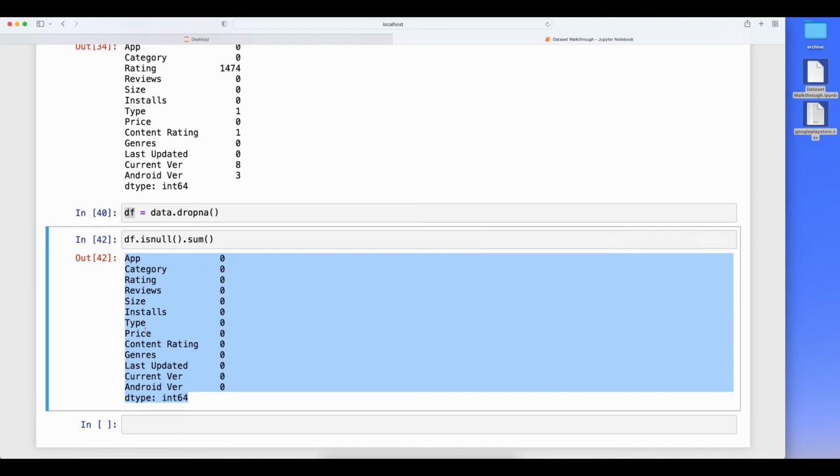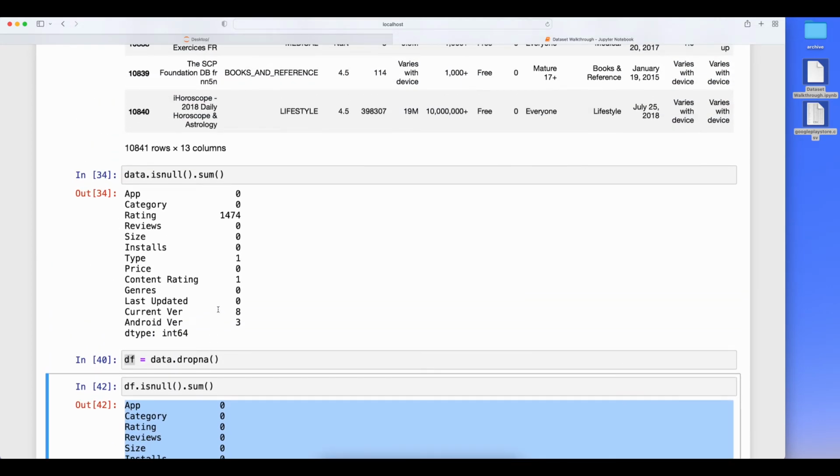But the problem is I need to delete all those rows, and this time I have deleted almost 15% of the data set. That is not feasible at all. Let's suppose 50% of the data has missing values. Obviously, I'm not going to drop 50% of the data, right? So that's up to us. We have different approaches as well. Rather than deleting the rows, we can fill some values in those places.